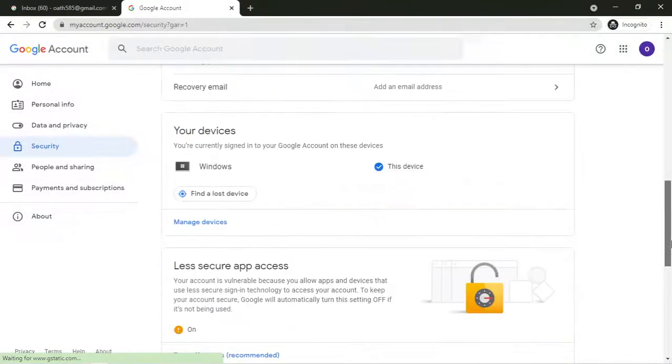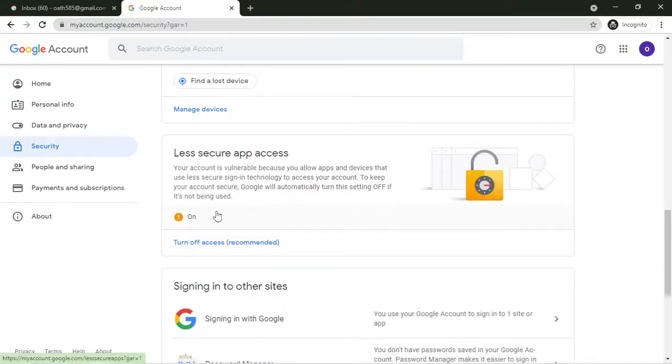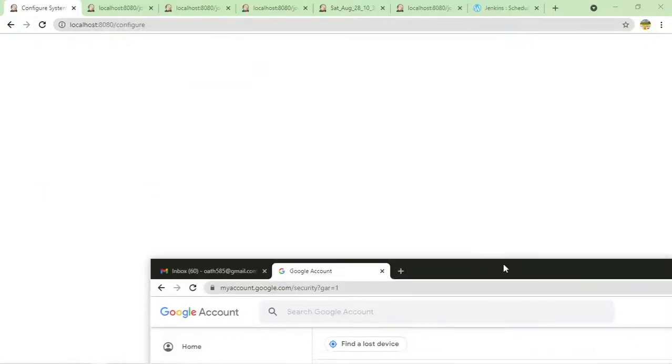If you come down, you have to turn this on, right? When you do it for the first time, it will be off, but you need to allow this by turning it on. Otherwise, Jenkins will not be able to send the email to another person. By default I have selected on, but it is saying you should turn it off. As of now, you can turn it on. When I turn it on,